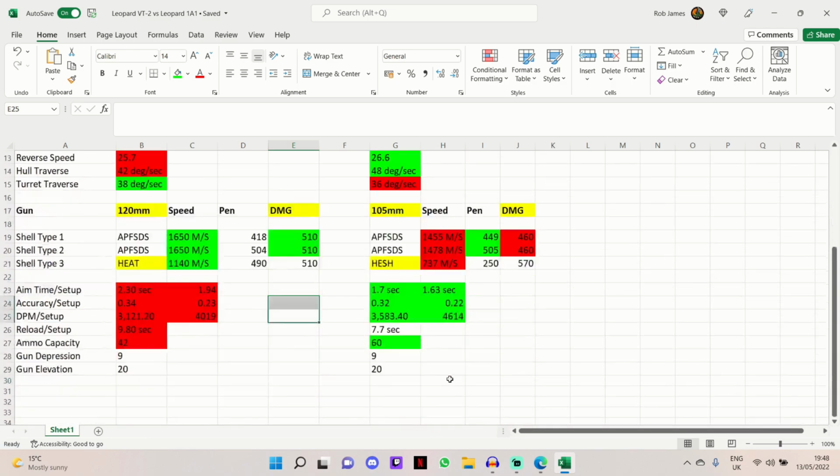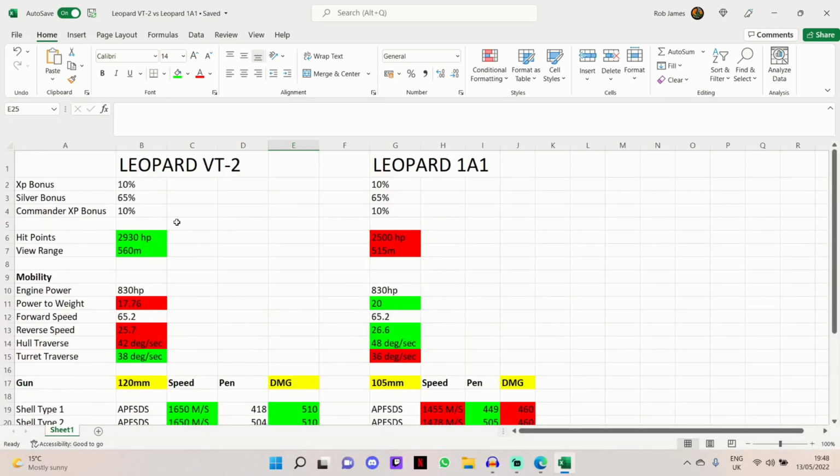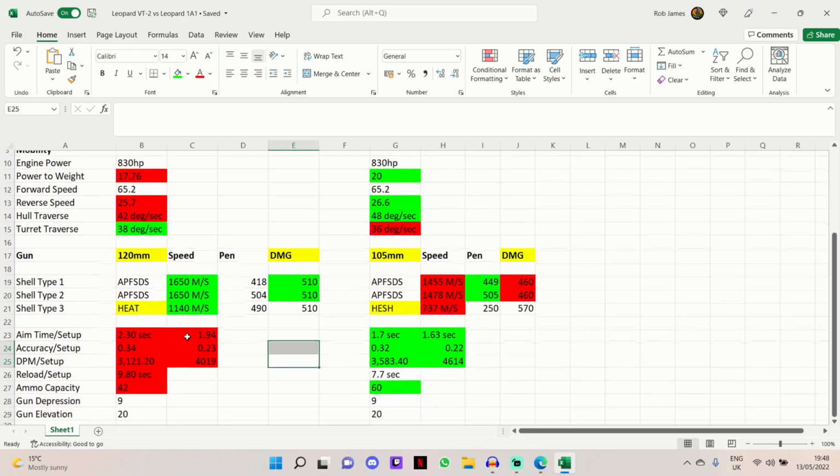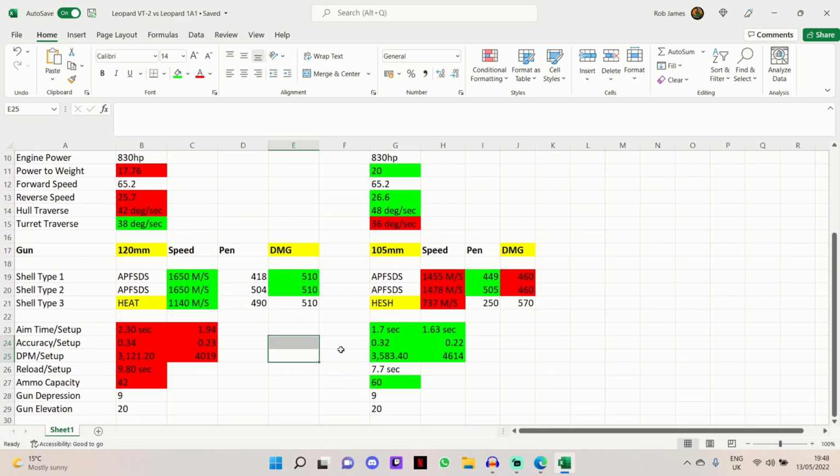So yeah, all in all, you can see that it's kind of mixed for both tanks. However, the VT2 does have those higher hit point numbers, higher view range. It does have that higher alpha damage, better shell velocity, and it does have the option to fire HEAT, which is more useful at mid to long ranges. The gun handling isn't as good as the 1A1's, as is the mobility, but you can make that work if you have a good commander and you choose